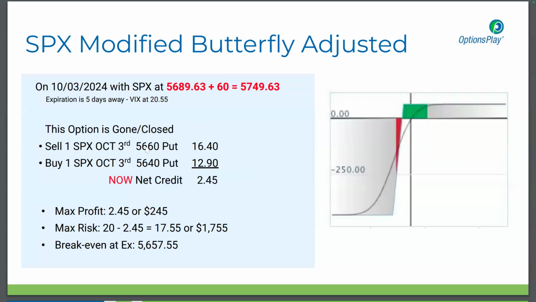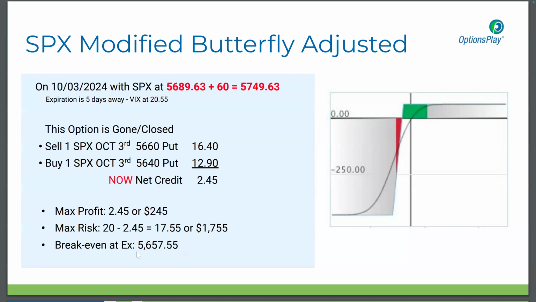And this is our credit spread. We're short the 56.60, short the 56.40. Net credit is 245, and we want the market to stay above our short strike. This would be 245, and this would be where our risk would kick in. And the market is now way up here on the profit and loss graph. All right, so now our break even becomes this put minus this net credit, or $5,675.55. That's our break even.